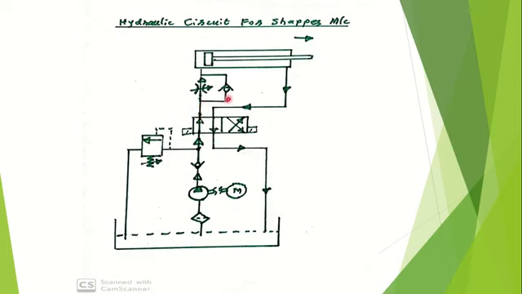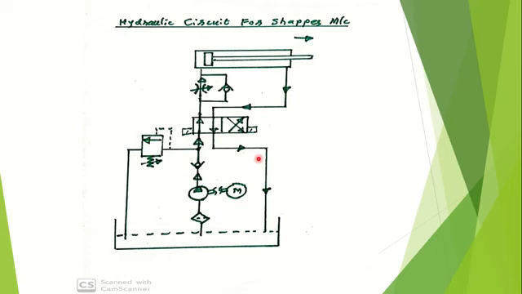Obviously this flow is not going to pass through this check valve in this direction, whereas it is going to pass only from this direction, and thus it is a metered fluid. Since it is a metered fluid, we are going to get a slow speed in the forward direction, whereas fluid in the other portion of the cylinder goes to the drain port via this direction control valve. So this is the working of the hydraulic circuit for shaper machine.